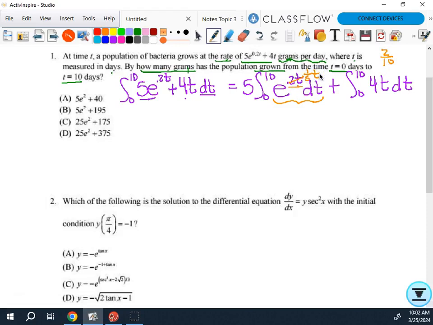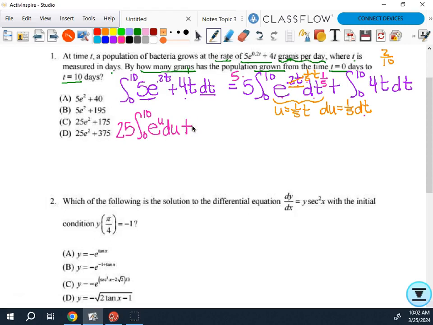Okay. Then again, since this isn't plain old t, I can say that u is equal to 1/5 t. Right? And then that means that du is equal to 1/5 dt. So this is going to be my e to the u here, this is my dt, but I need to get a 1/5 in here, which means I need to divide by 1/5 over here, which is the same as multiplying by 5. So when I rewrite this, I'm going to get 25 times the integral from 0 to 10 of e to the u du